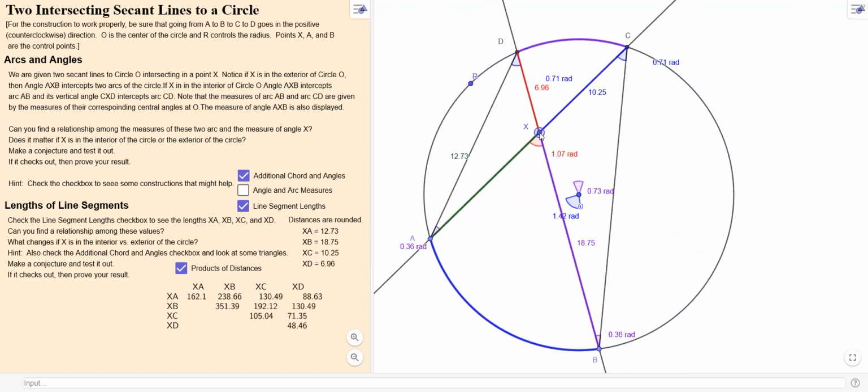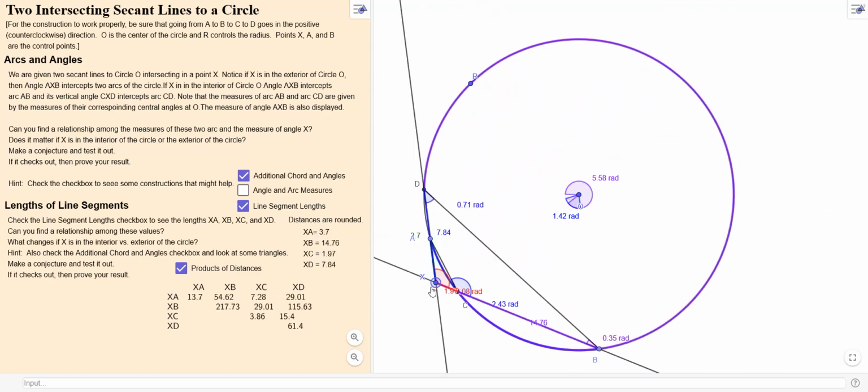That setup. And those two numbers have to be the same every time. Isn't that cool? That's because we have the two similar triangles, the pair of similar triangles right there. Okay, let's look at what happens if we move point X outside the circle